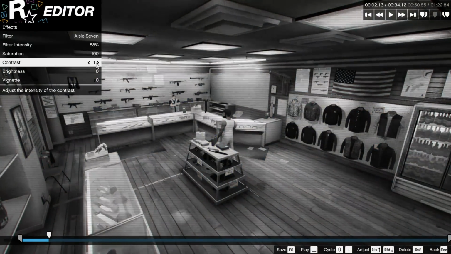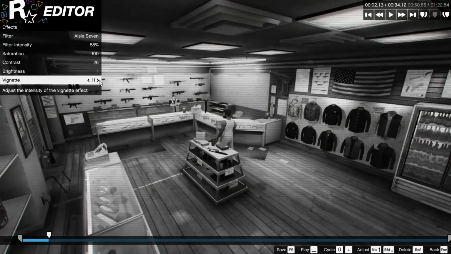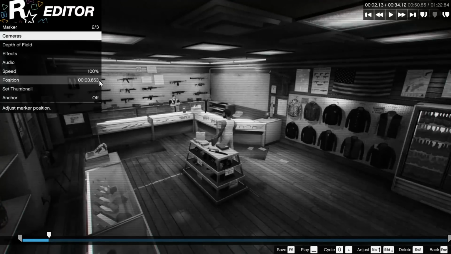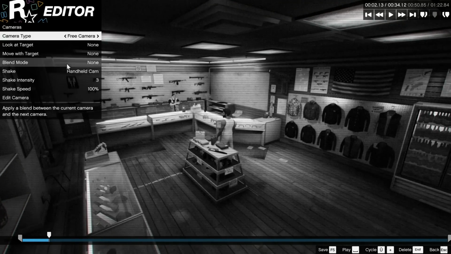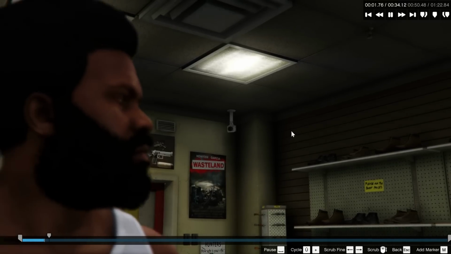Back in GTA 4 you had to be very inventive to create this kind of style. As you can see from those examples, there are a lot of creative ways you can make use of the simple tools in the Rockstar editor. Now let's move on to the next section.